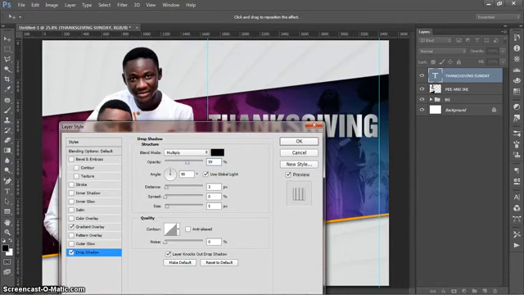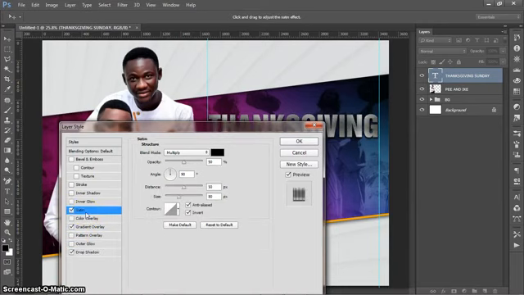59 and angle 90. Then distance will be, let's say, 15. So okay, we give it 15. Then spread 18. Then here we give it, let's say, 6. Okay, so the next thing I'm going to do is go to this layer here, then I will set